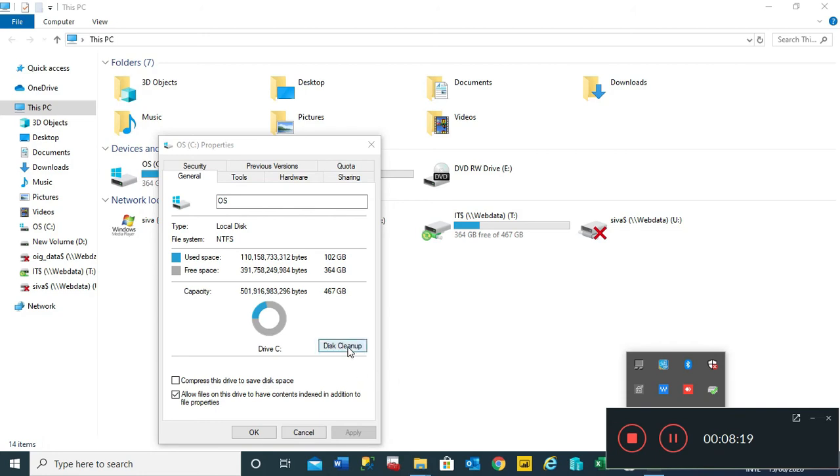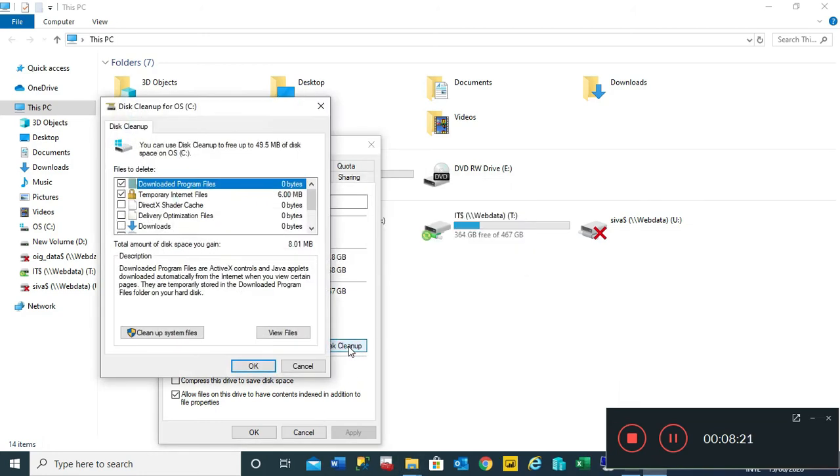So now let's see how much space it has cleared up. Now friends, see, now download has come down to 8 MB. So overall now we have reduced 21 GB of data. So this is the first option of clearing the C drive with the applications, junk files, temporary files.